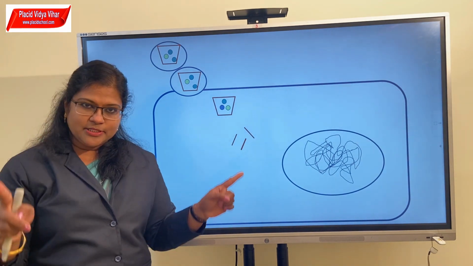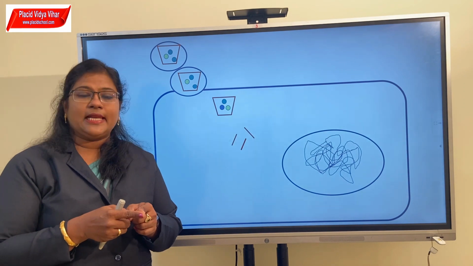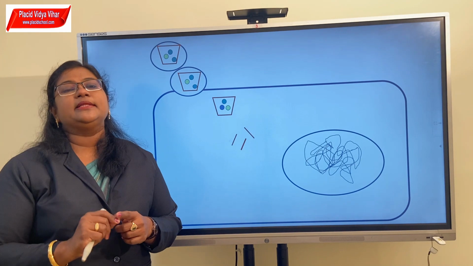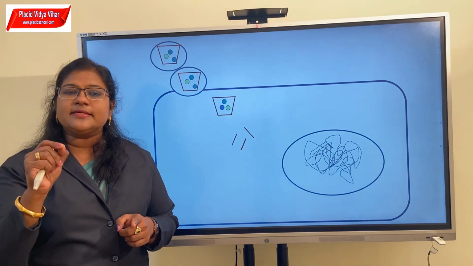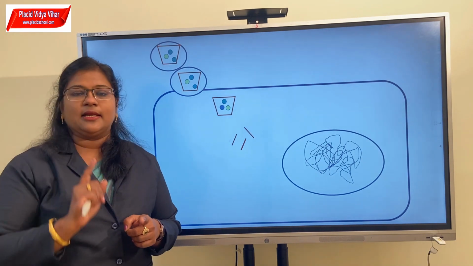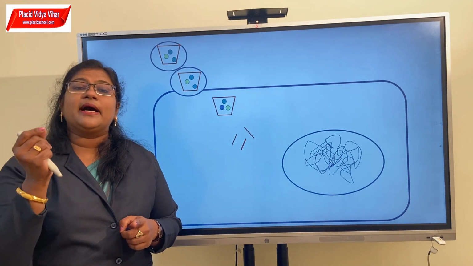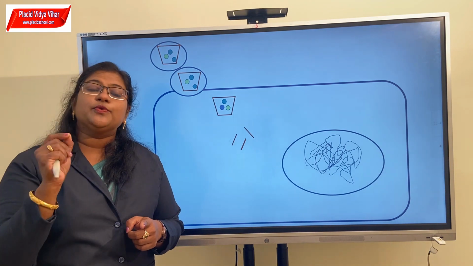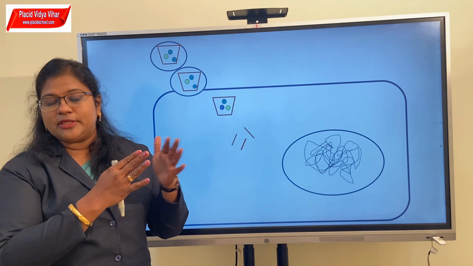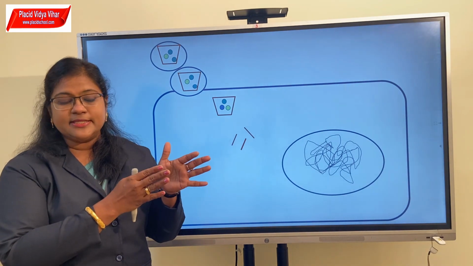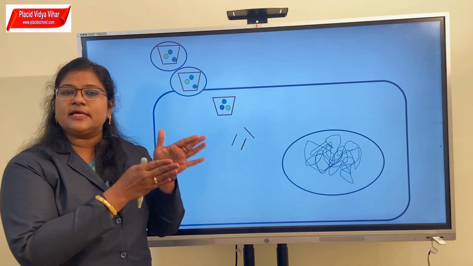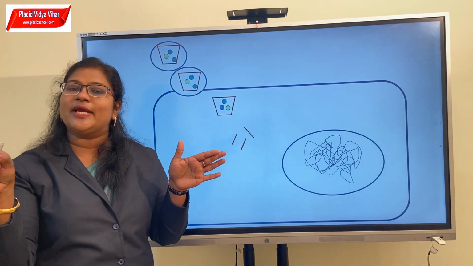You can consider this in the case of molecules entering the cell also. When a molecule comes to the barrier of the cell, that is the cell membrane, that molecule has to convince the cell membrane that it has to enter the cell. The virus also has to convince the cell membrane of the cells that it has to enter the cell. How it does so is to bind to certain molecules on the surface of the cell. Like for example, the interaction with the ticket checker at the entrance helps you to enter the cinema hall. Interaction with certain molecules on the surface of the cells helps the virus to enter the cell.